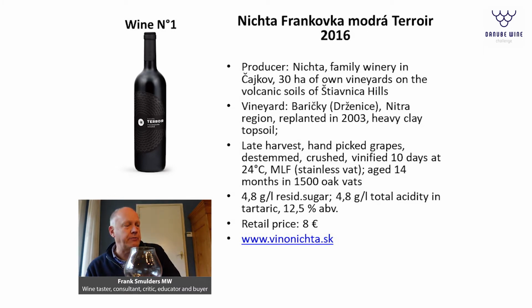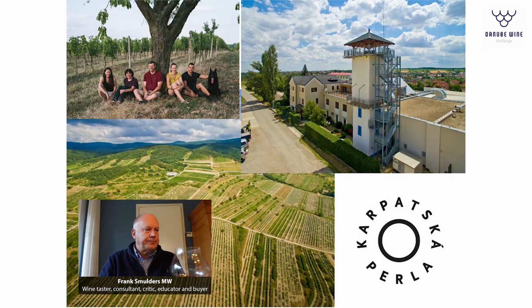And with a recommended retail price of €8, it is actually providing a lot of quality in that price category. It will beat a lot of competitors. Very nice. Second wine,